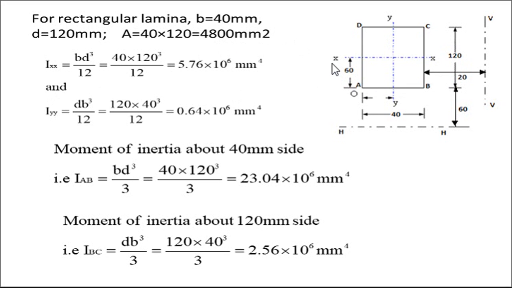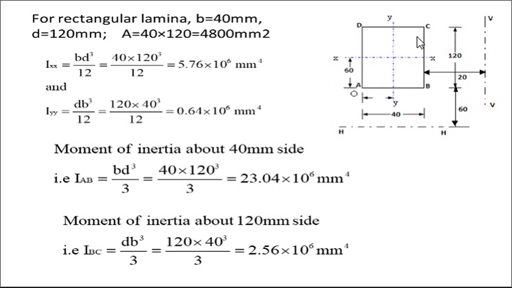After that we start with the moment of inertia for the x-x axis. For this lamina, the centroidal horizontal axis is x-x. So we will first determine the moment of inertia. Because this is a centroidal axis, we have the formula BD cube by 12. This is a rectangular cross section, that's why our formula is BD cube by 12. B is the breadth, D is the depth. You put in the values of B and D, BD cube by 12 will give the value. So that is the moment of inertia Ixx about this horizontal axis at the centroid.